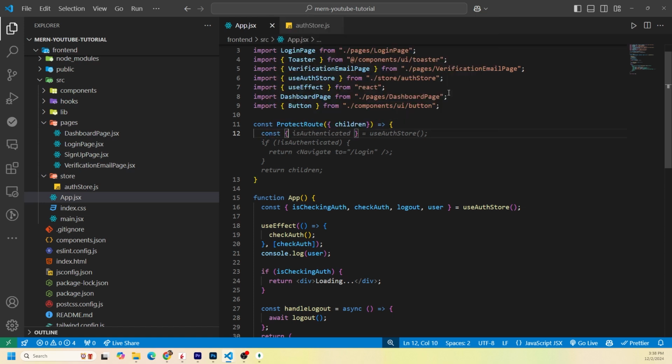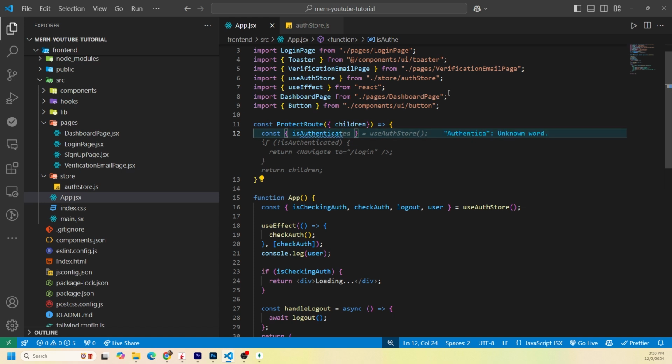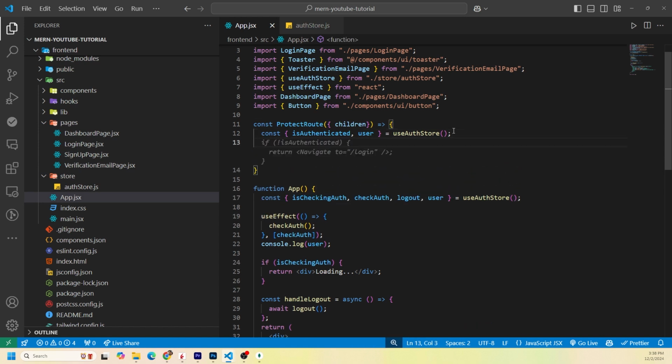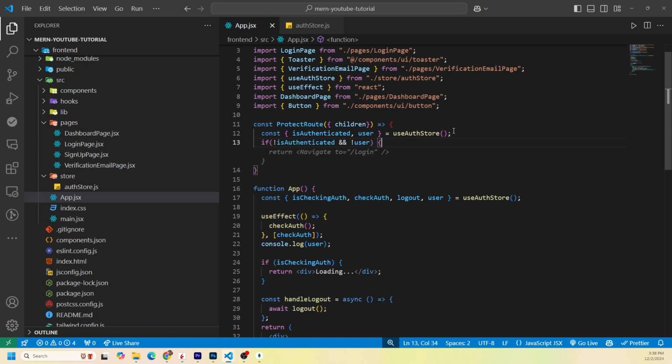So this is going to be a const, and we have to get the is authenticated and the user from the useAuth store. And the reason why we have to do this again is because a function has its own local scope, and we're not able to access it from here. So we have to run it again and call the hook. So now we could do a check. So we're going to say if is not authenticated, and we could say there is no user,